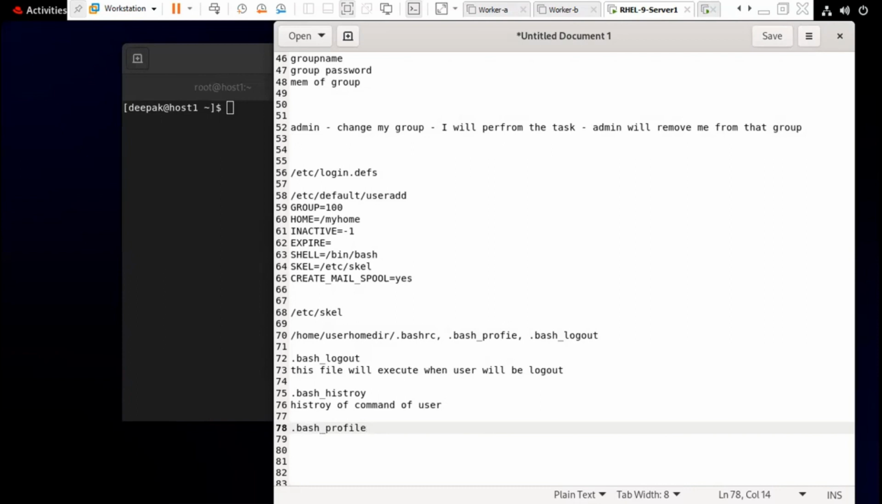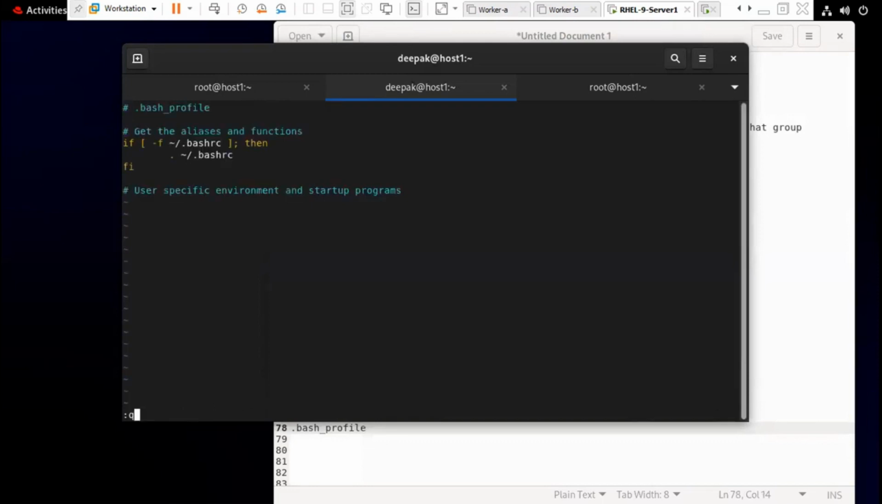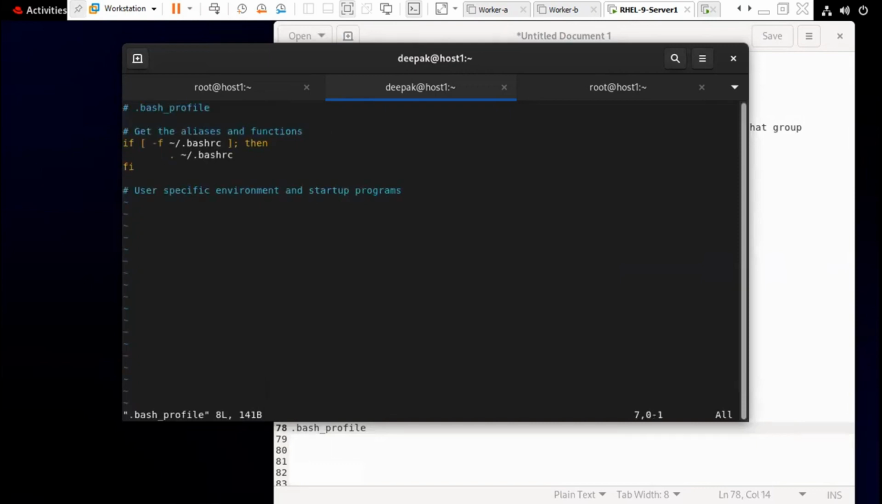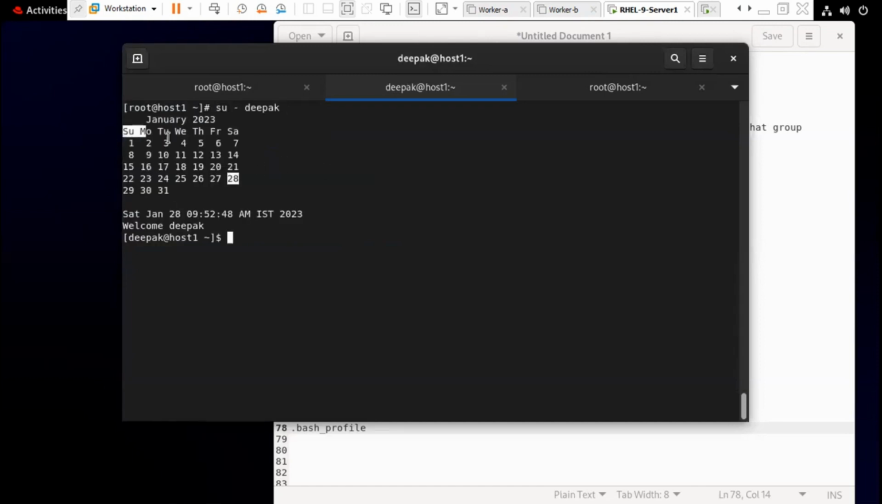Now, .bash_profile. Let me write .bash_profile. Before that, let me remove the .bash_logout scan. Here, I can write cal, then date, then echo welcome $user. We'll save this, and now I come out from there. When I log in again, you can see the calendar, date, and welcome Deepak. It's telling me,